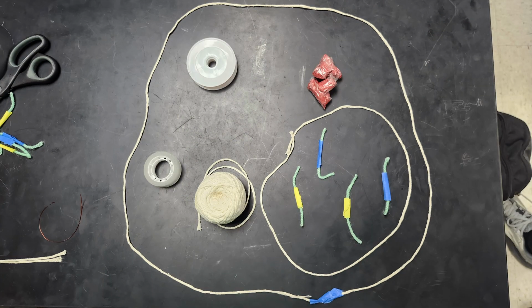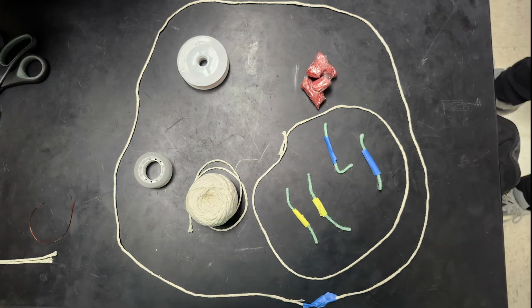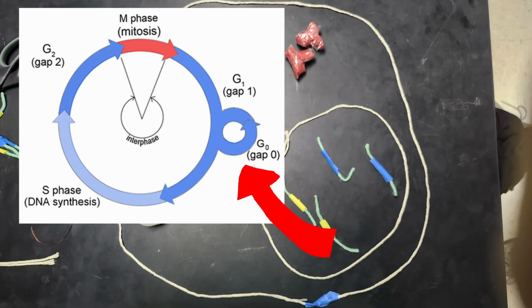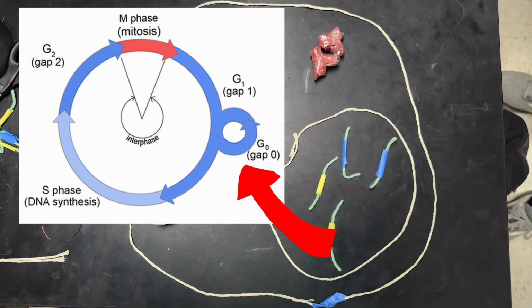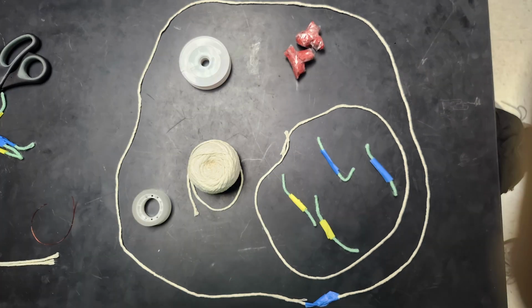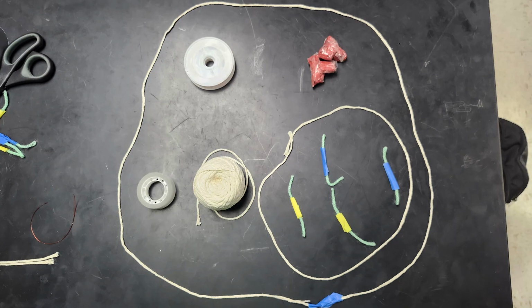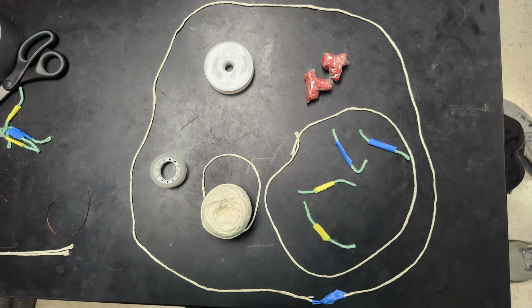Different cells spend different amounts of time in gap phase 1. Some cells reproduce very slowly or not at all. This is called gap phase 0. This happens when a cell isn't signaled to pass the checkpoint by a cyclin-dependent kinase. The cell is performing its normal function but isn't getting ready to duplicate. A cell can be launched back into the cell cycle by some sort of stimulus.